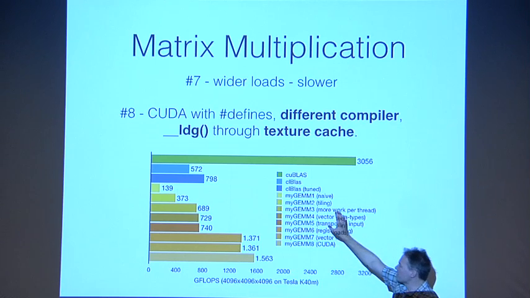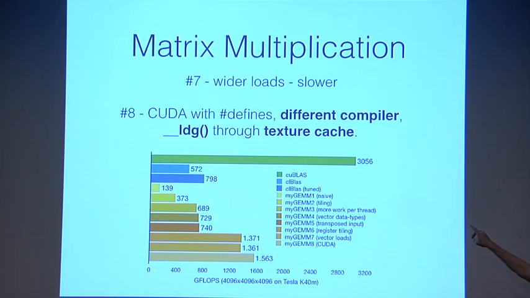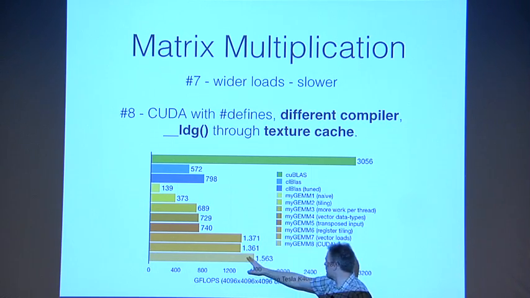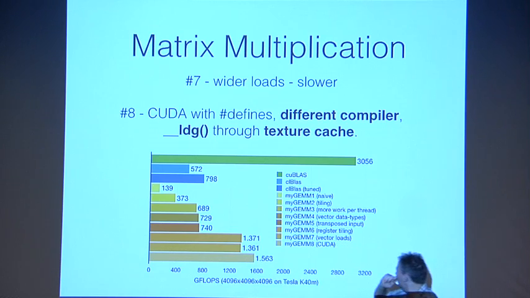For this one, he basically says, okay, I'm going to take one of the previous kernels, and I'm going to take all my OpenCL, #define my OpenCL to map it to CUDA code, and then compile it with CUDA. So basically it's a very simple, brute force translation of the OpenCL code to CUDA without changing anything else in the algorithm. And it gets a serious boost. So he uses a different compiler. And that doesn't quite get it to here. It gets it to around here. And then